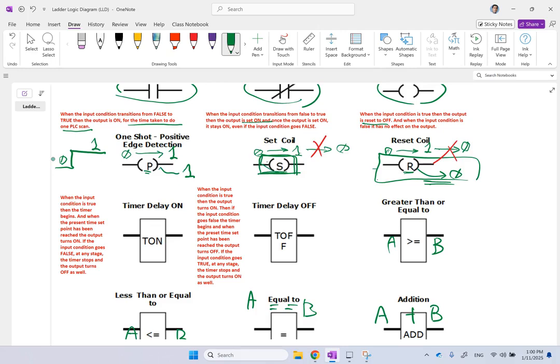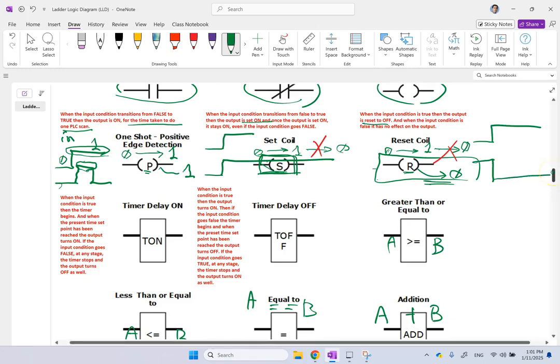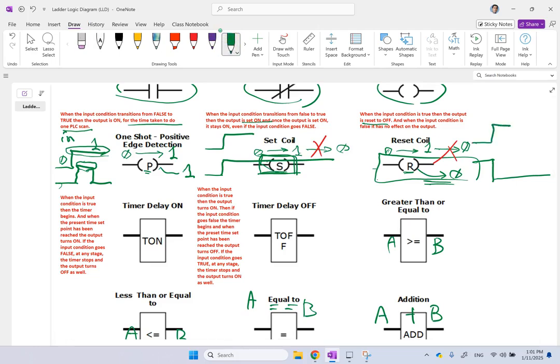Okay, so if this is the input to this, the output will be similar. The output will be set to on for one cycle, and then goes back to 0. Now, this time of one cycle is different than the time of this input. It depends on how fast your PLC is and how fast it is scanning the code. But for these, no. If it goes from 0 to 1, the output goes from 0 to 1 and it stays like that. Here is the opposite. When it goes from 0 to 1, if it was a 1, it goes to 0 and stays there indefinitely. So we need to see the differences between this kind of